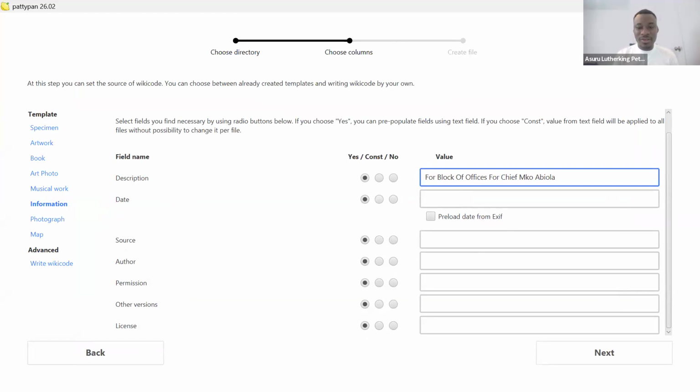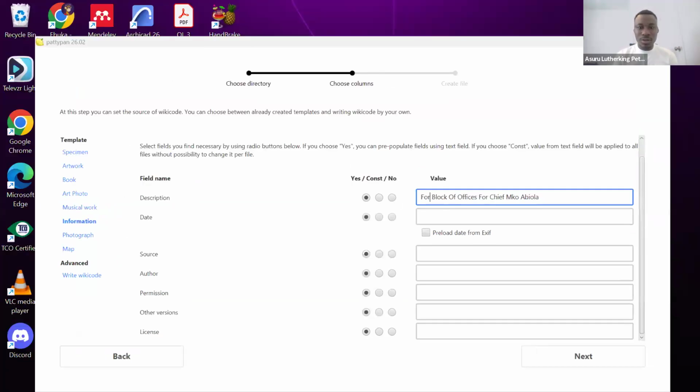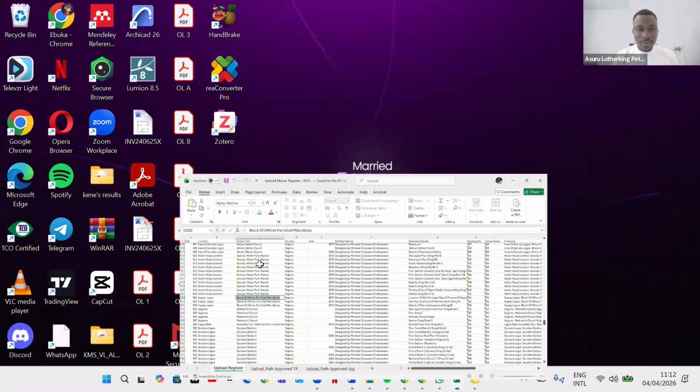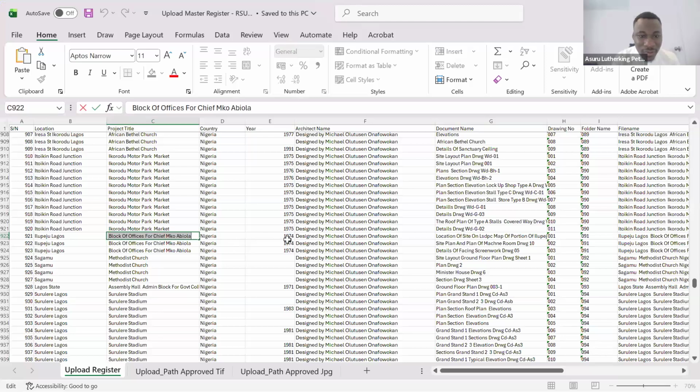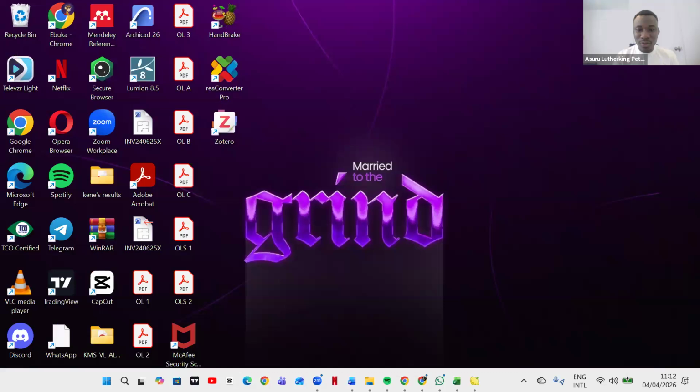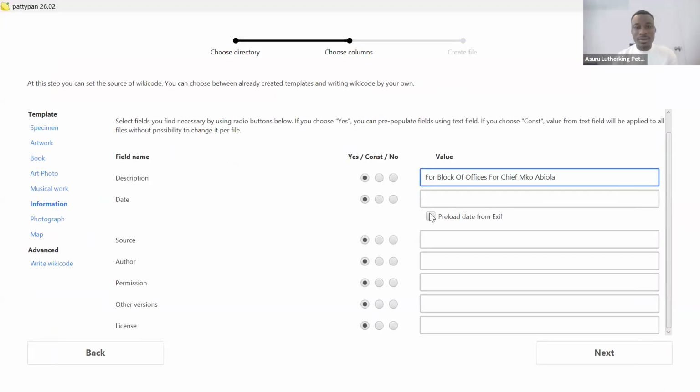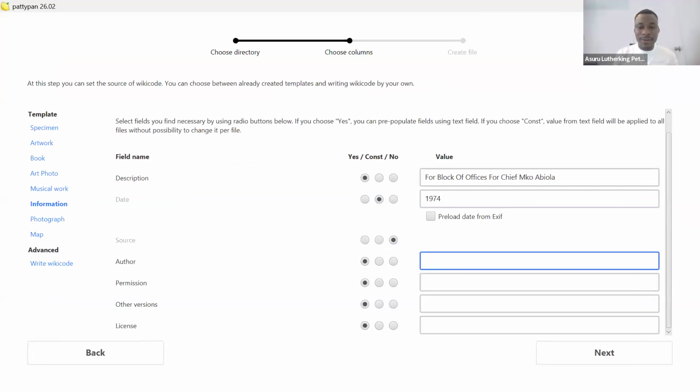I'll look for the date from the Excel sheets. The date is 1974. All the dates are the same, 1974. So I'll go back to my PattyPan and I'll add the date, which is 1974, and I'll put it as constant because it's the same for all files. I don't have a source for this, but I have an author. My author is